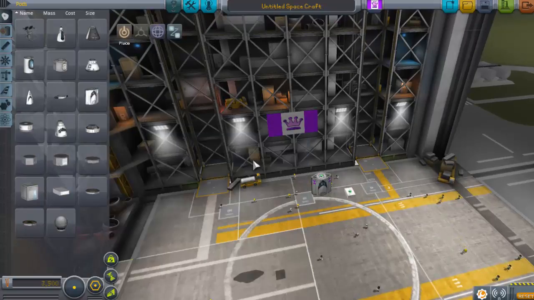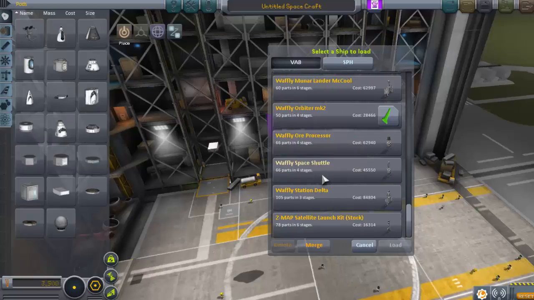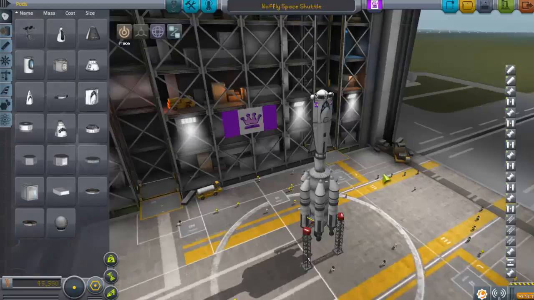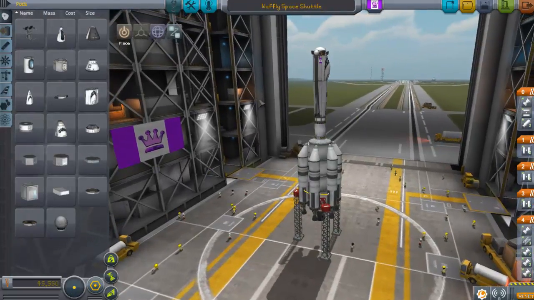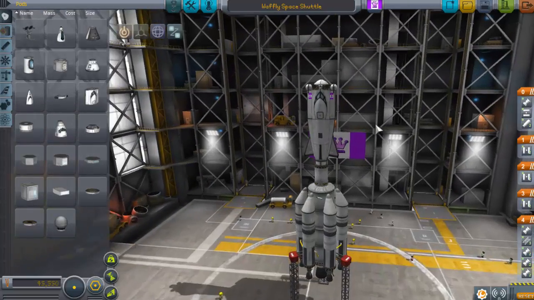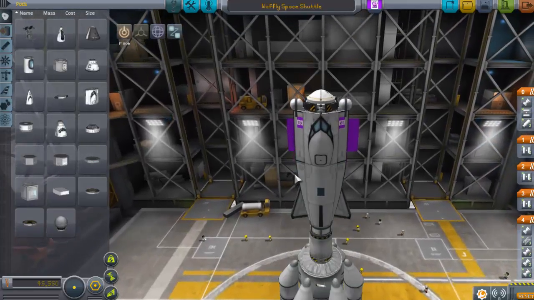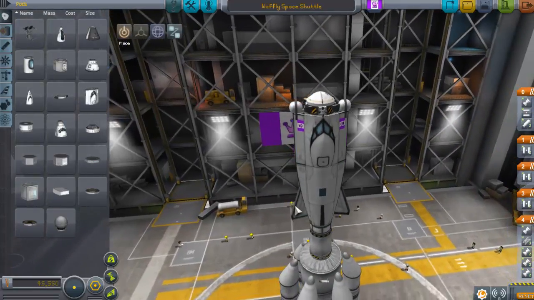And so I will show you. Oh no, get that out of here. No, don't save. I'll show you the new model. Oh yeah, there's thumbnails here too, and you can see some of the new things that I have planned. But here we go, the new Wafflypie space shuttle, and it looks a little different. It's a lot thinner now. I took the big wings off and replaced them with these little wings because